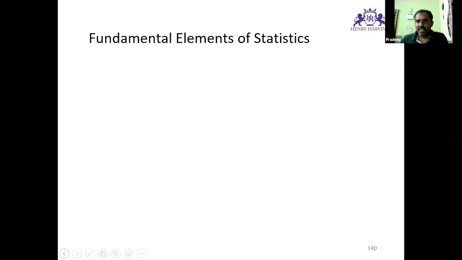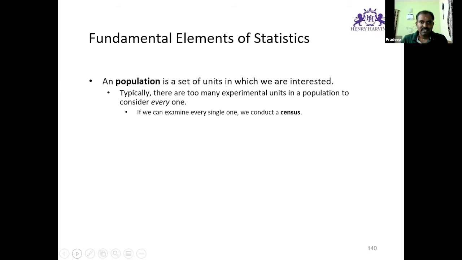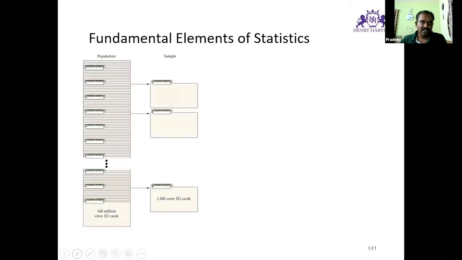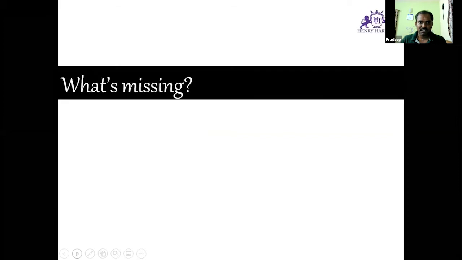Now, do you know what is the population? What is the difference between population and sample? It's very simple. Population is basically the entire data set that you're looking at, and sample is just a part of that. It's the superset and the subset. Excellent. If you actually study the entire population, we call it a census. As Bhargav rightly mentioned, a sample is a subset of the population. There is no need to study the entire population, as it will take a lot of time, so we will take only the sample.